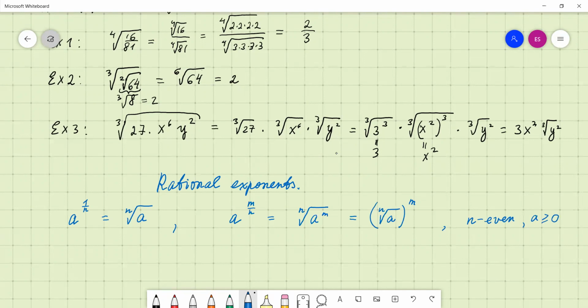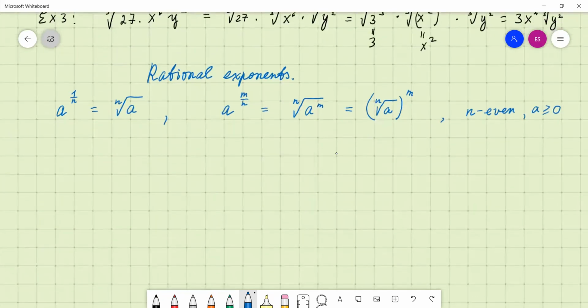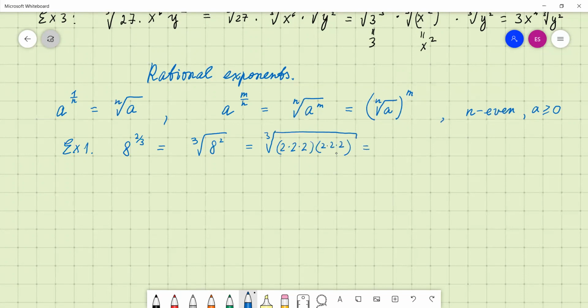Okay, I'm going to consider a couple of examples. Example number 1, 8 to the power of 2 over 3. What is it? Well, you can either represent it as the cubic root of 8 squared, which is going to be what? The cubic root of 2 by 2 by 2, it's 8, right? And when you square it, it's 2 by 2 by 2 times 2 by 2 by 2. So it's 6 times 2, right? Or we can write that it's 2 squared cubed. When we extract a cubic root out of a cube, we are going to get 2 to the power of 2,